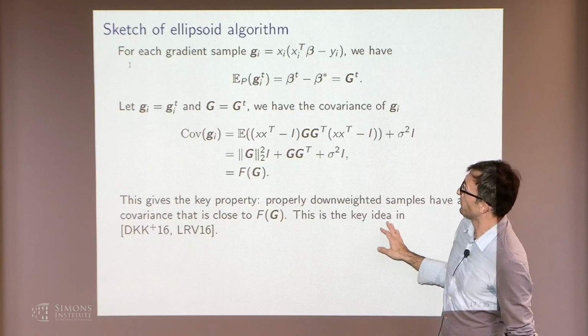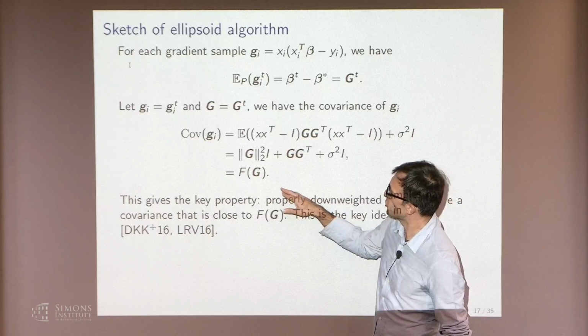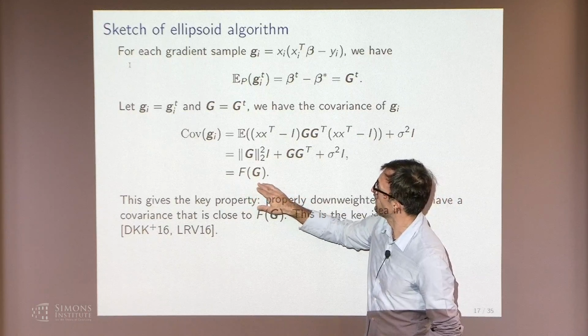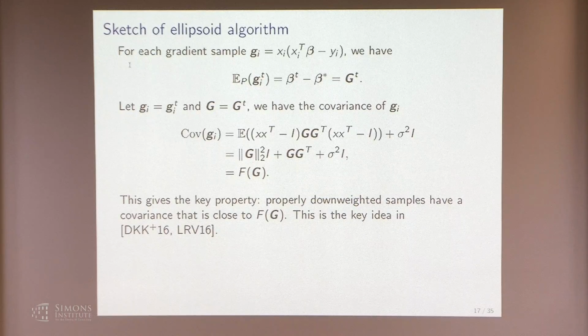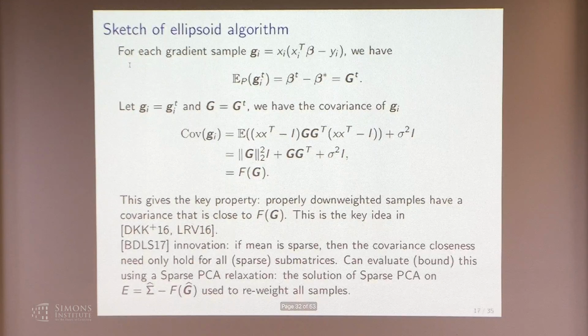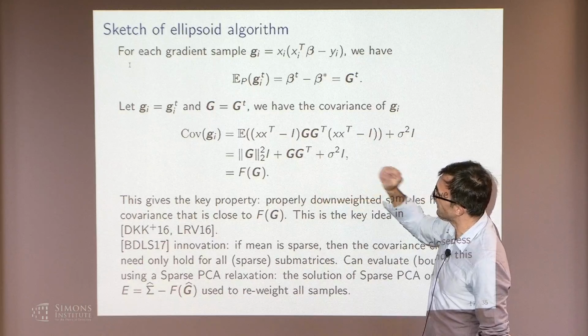ellipsoid algorithm is that you should be concentrating around this matrix. And you can compute deviations, second order deviations away from that, and that basically certifies whether or not your mean estimate is good or whether it's not, and how to improve. And okay, so there's a lot here that I'm not providing details on, but I do want to say that the key idea in this